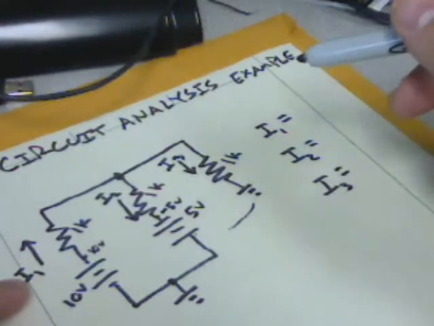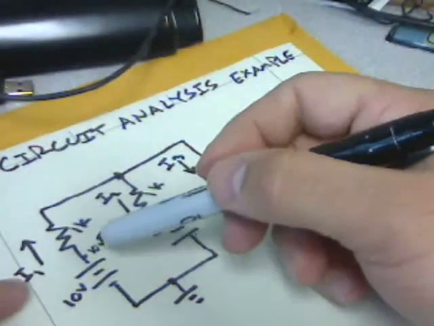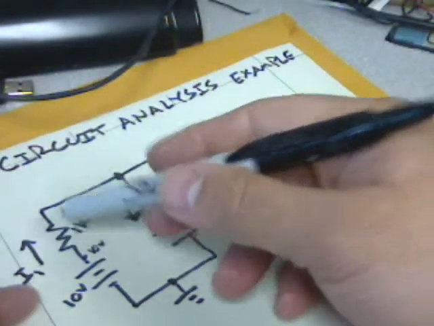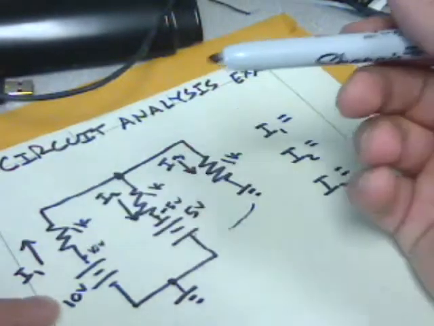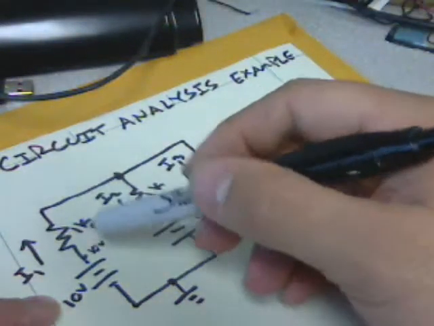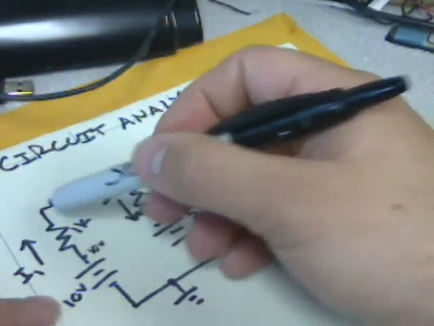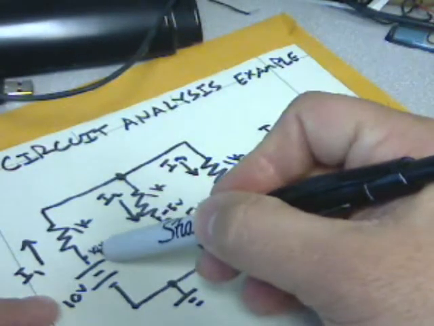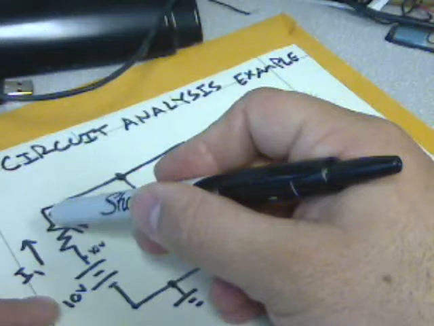Now, what do we know about these things? Well, we can't just say that. We know that the voltage drop across the resistance is going to give us the current. But do we know the voltage drop yet? The answer is no. We know what the voltage is here. It's 10 volts. Right? We already wrote 10 volts there. But we don't know what the voltage is right there